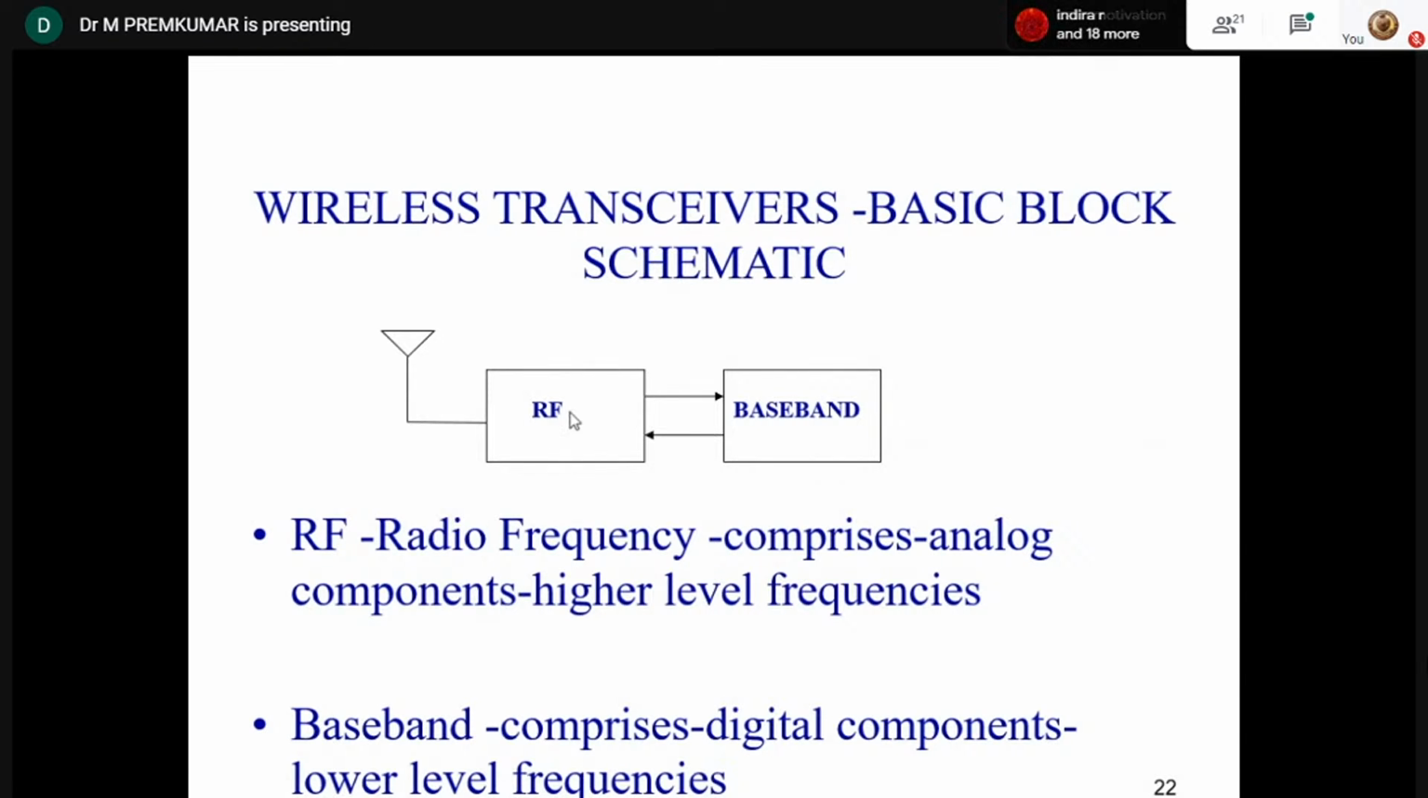So one is nothing but the RF section, and the other one is nothing but the baseband section. The RF section, as we have seen in the earlier slides, houses the low noise amplifier, the RF amplifier, and the mixer. Until then you have the RF section, then you have the baseband section, where you'll be concerned with only